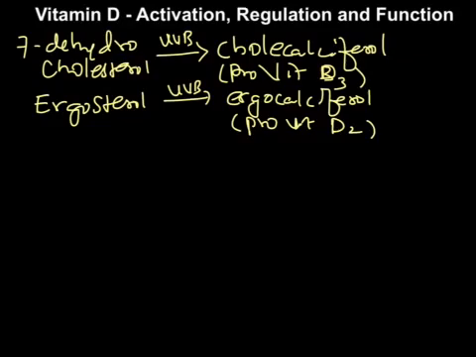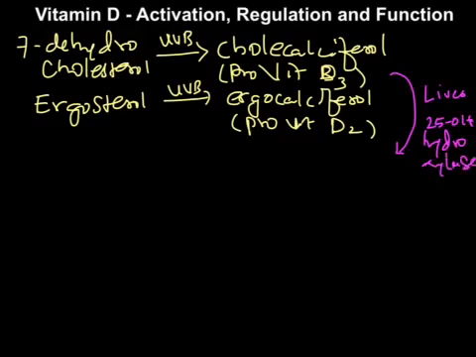Now overall, whether it is cholecalciferol, that is provitamin D3, or ergocalciferol, that is provitamin D2, both of them need to be activated first. The activation of these two molecules will happen in the liver. The liver has 25 hydroxylase enzyme, and this 25 hydroxylase enzyme is a mixed function cytochrome P450 oxidase, especially cytochrome P450 2R1. This is the subtype of cytochrome P450. This is the enzyme causing hydroxylation at the 25th carbon of vitamin D2 and vitamin D3,